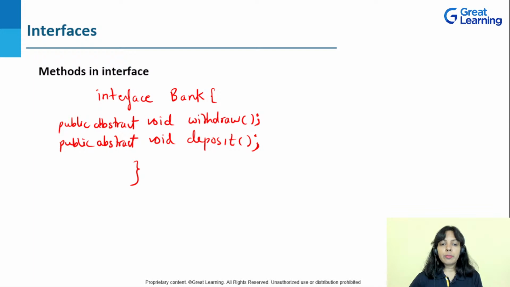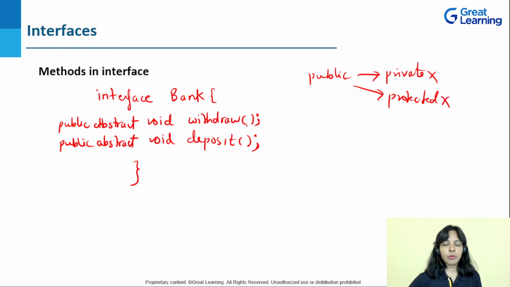So these two methods, they are by default public and abstract. You need not write it here every time, even though it is by default public and abstract. And why it is public and abstract, I told you. Now guys, talking about access modifiers, if you are having public here, this method is already public, right? So which modifiers can't be used? If you are using public, then you cannot use the private modifier there for sure. You cannot use protected.